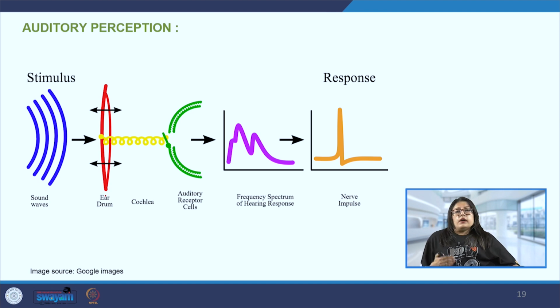Now the ear has a certain range in which we can hear. Humans have a certain range in which we can hear things. Animals have a different range. And in humans also, over time, as we are getting older, this range gets smaller and smaller. So the hearing gets weaker and weaker as well.